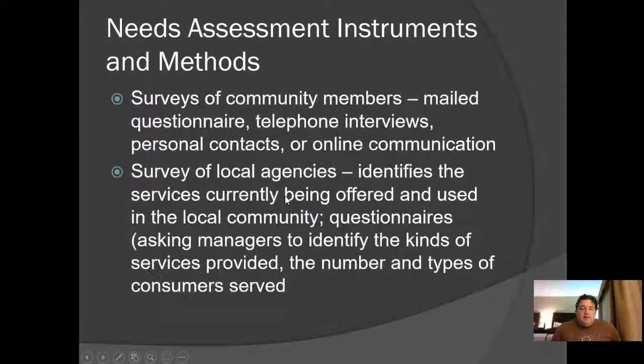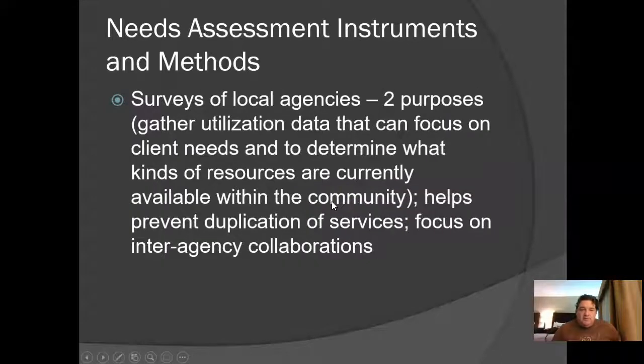And then you're also going to want to know what kind of services are actually being provided in your area. It could be with the church, it could be other people who are participating in providing services for these things. So again, you're going to survey the local agencies.